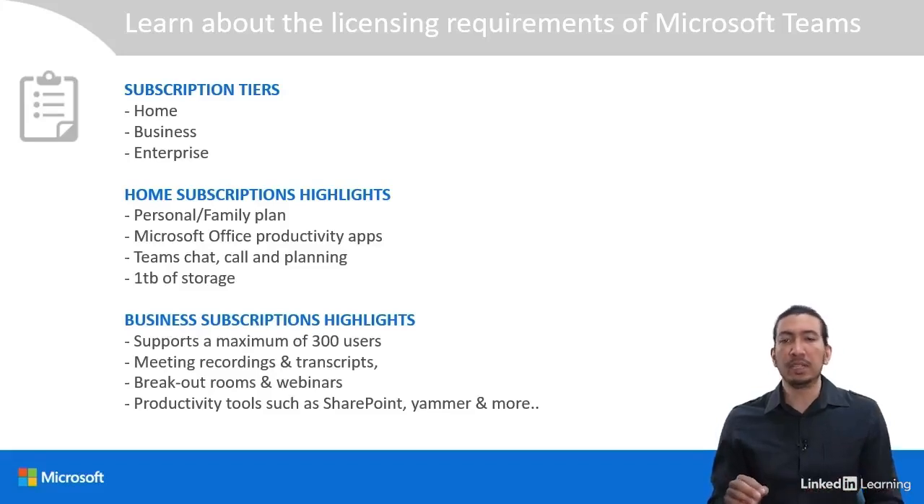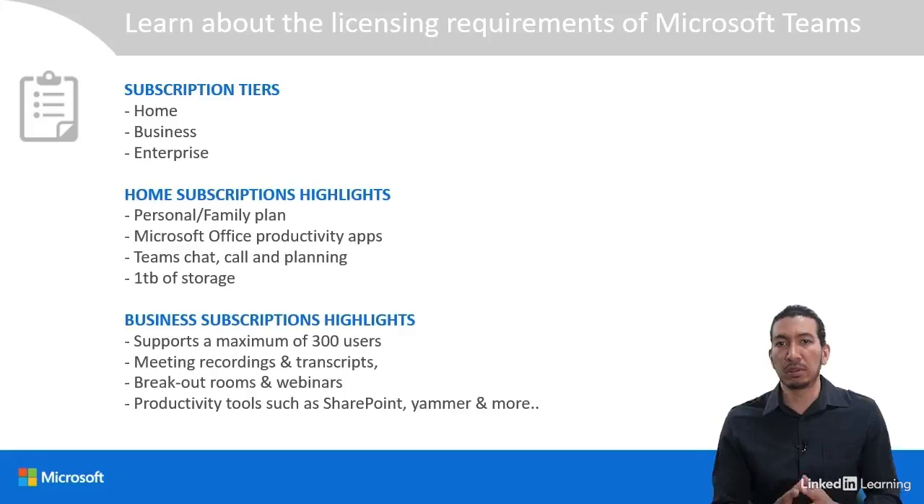The Home tier is aimed at individual users that just need a tool to stay in touch with friends and family. It comes with a free plan that provides group calling and cloud storage. There is also a paid personal plan that provides a lot more features, such as more cloud storage and premium versions of Word, Excel, PowerPoint, among others. The family plan includes a couple more features, with the main advantage being that it can be shared between up